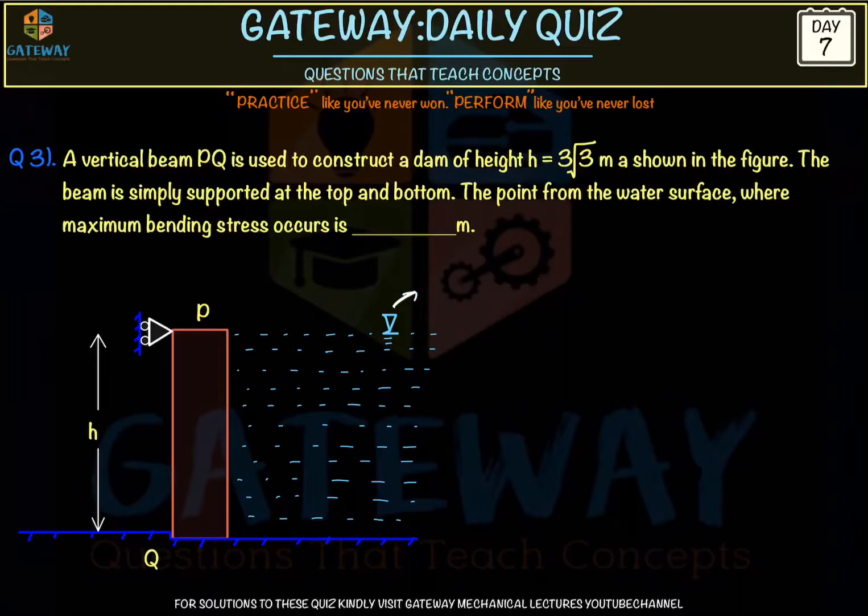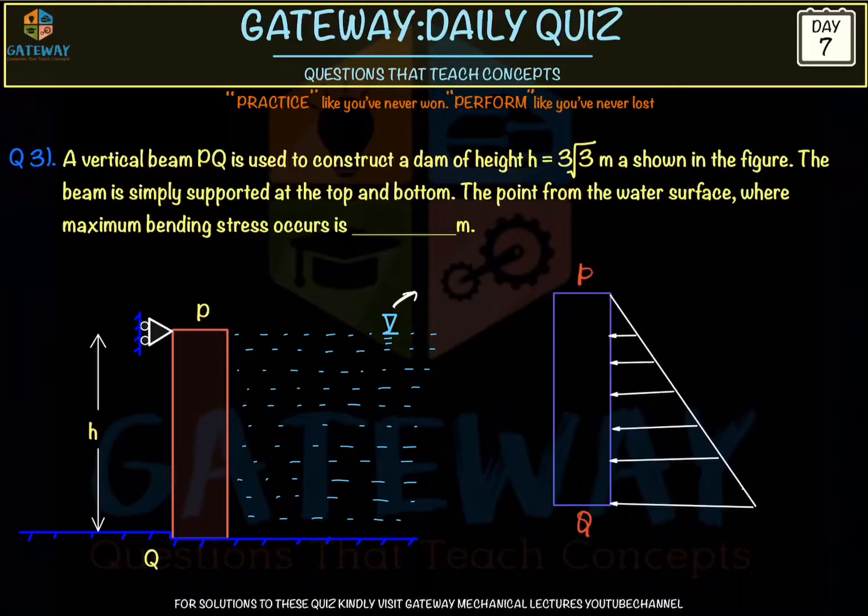This is a case of multi-concept. This involves a concept of fluid mechanics and also the concept of strength of materials here. So how will we be proceeding into this question? We know from the free surface when we are moving down, the pressure increases. So therefore the hydrostatic force that is applying on the plate or the beam also increases as we move down. Since the hydrostatic force is increasing as we move down, the variation of force is given by a triangle. Okay, and here on this beam, the variation of hydrostatic force acts as a uniformly varying load, nothing but UVL.